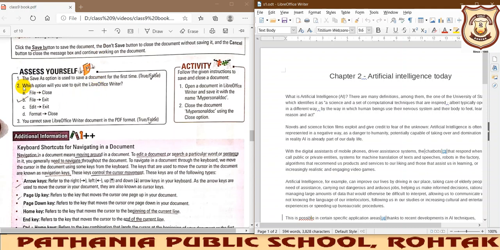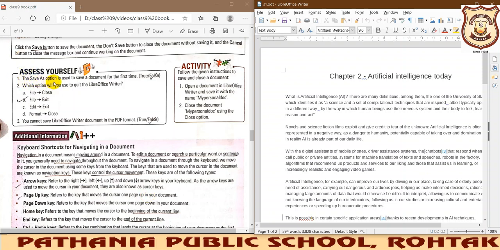Okay, these questions, these self-assessment MCQs or true/false, should be marked in your book. Keep your book always with you, and keep on marking whatever I have been underlining here in your book too.